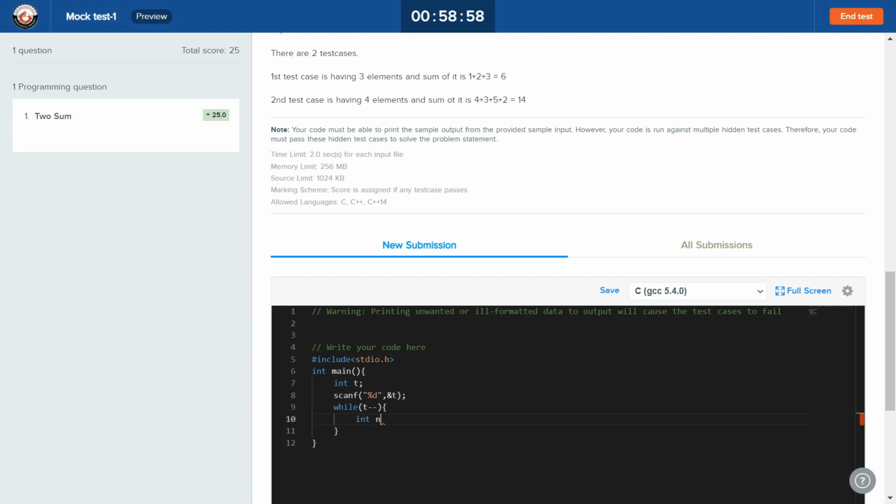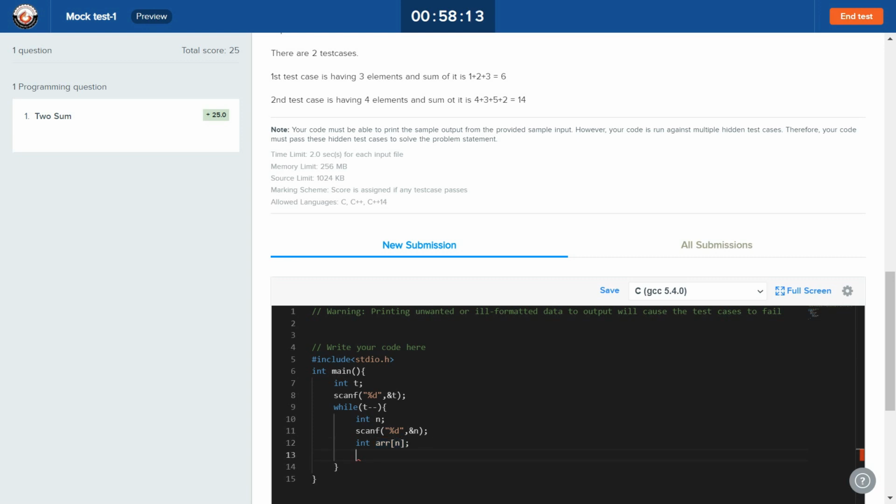So I need to define an integer n, and basically I have to read the value of n. I have read n, and I have to define an array of size n. So n can be 3, 4, 10, 100 or 1000 or maybe 1 lakh, 1 crore, it can be anything. That depends on this n which we have read. And now when n is changing, the size of the array is also changing. So that's why I have not declared the array in main right after t, but I am declaring the array here because that is dependent on n.